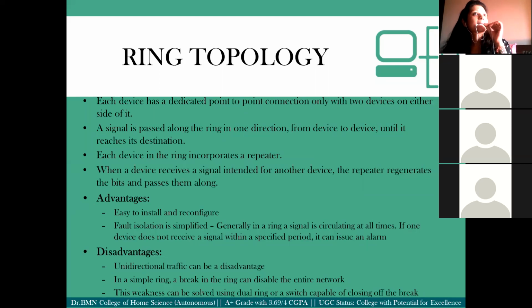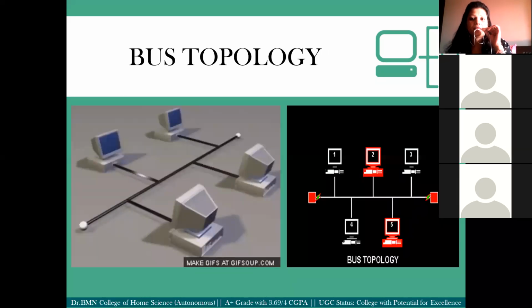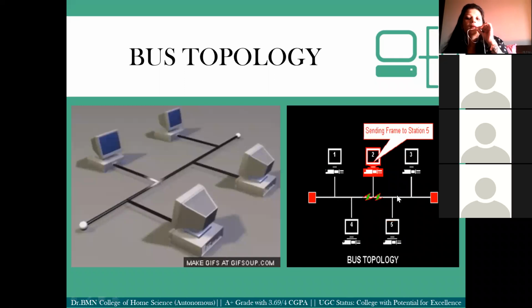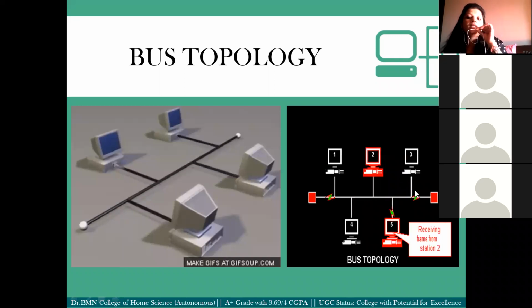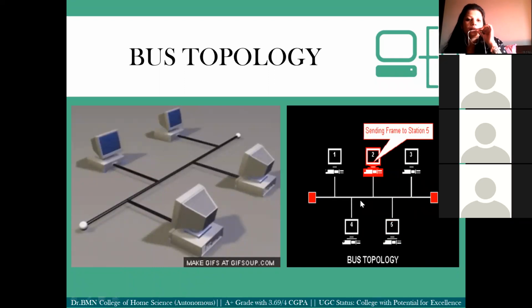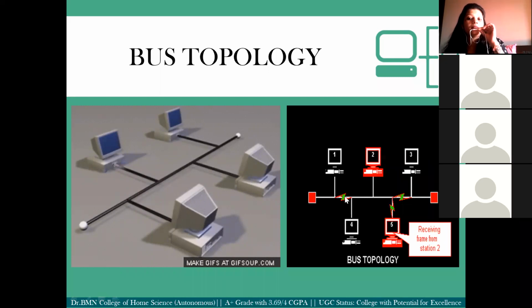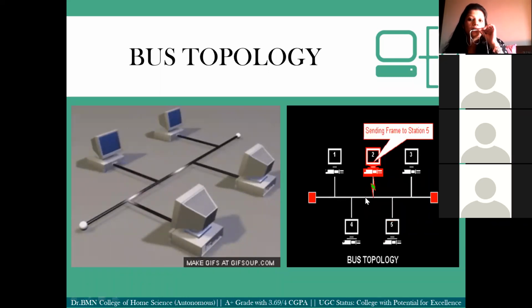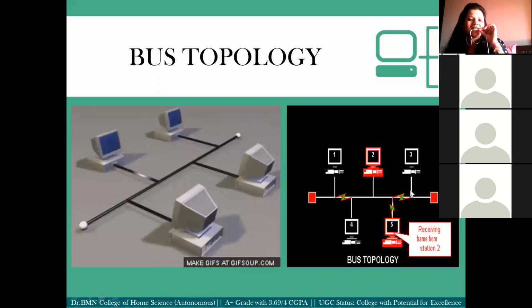See, this is the bus's main cable. If there is a problem in the main cable, all the transmission will get disrupted. If a device has a problem, then that device will not get transmission, but the others will. But if this cable has a problem, then the entire system will come to a halt. If this drop line is not working, then it's okay. The other devices can at least send and receive.